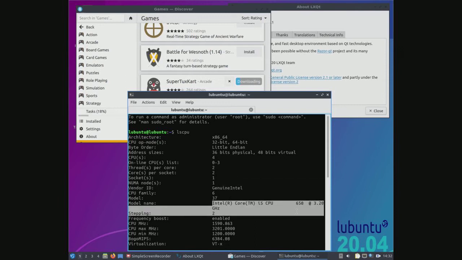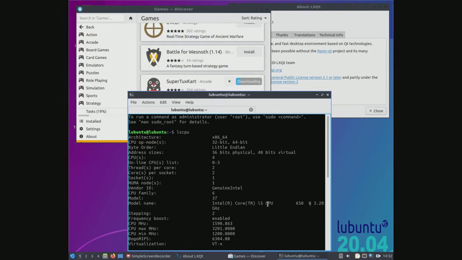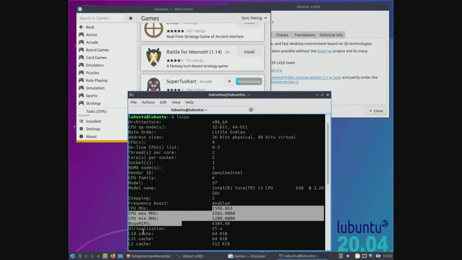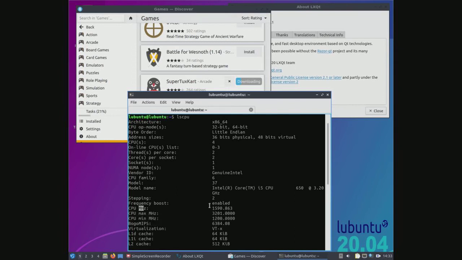It's an Intel Core i5, so with how many megahertz? Wait, 1590 megahertz. That kind of seems a little low. I don't know if that's just the CPU or if that's just Lubuntu interpreting this wrongly, but